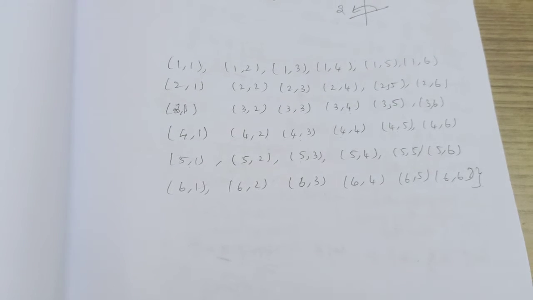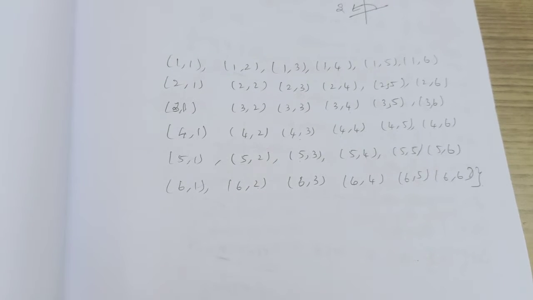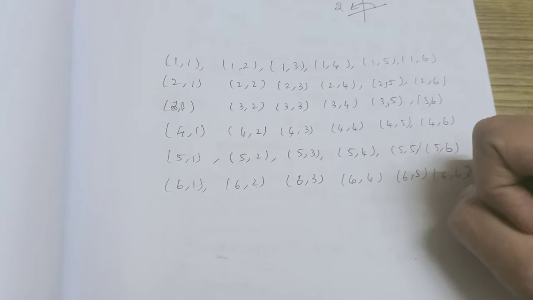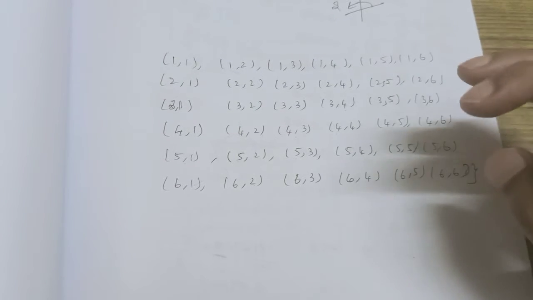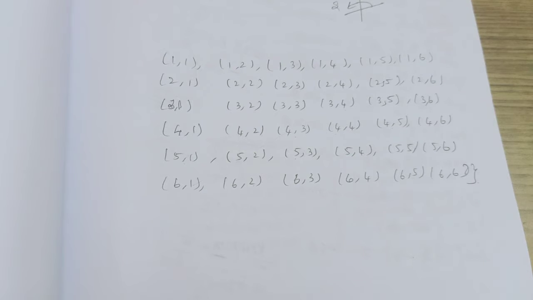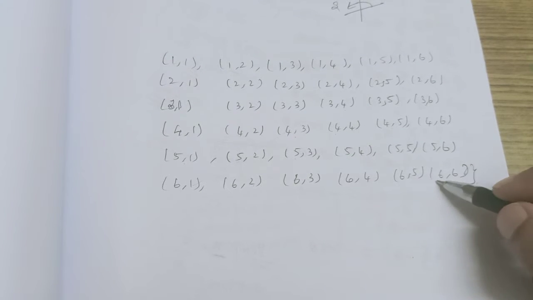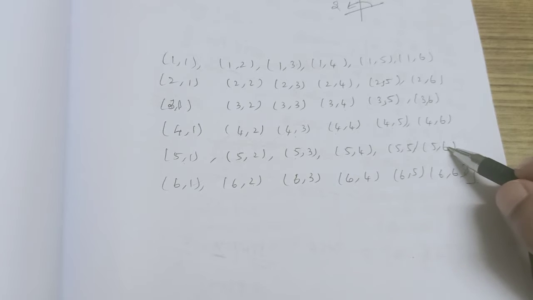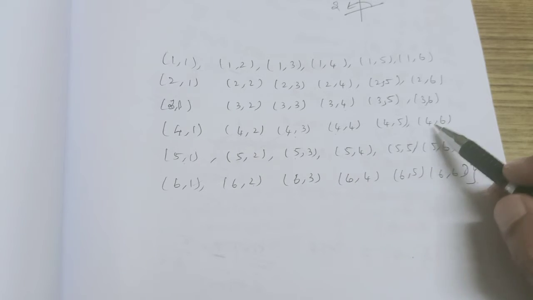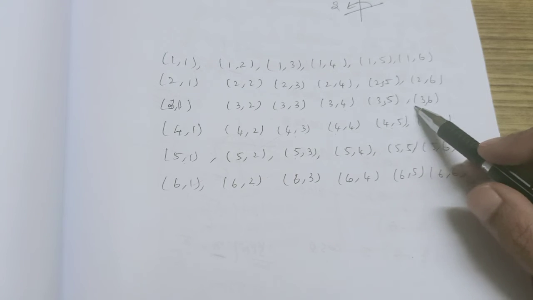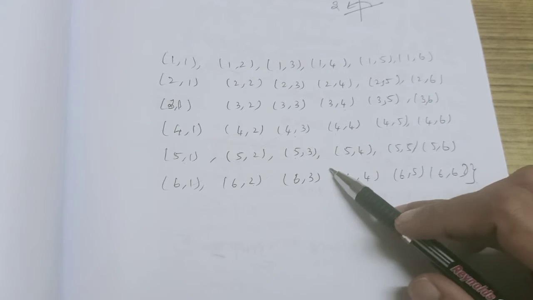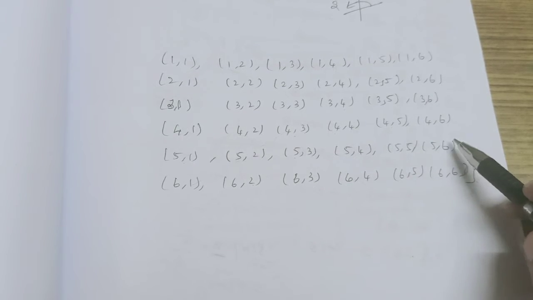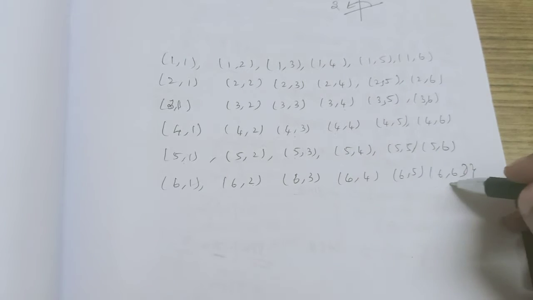Our question is, we have to find the event where the sum of the numbers is greater than 8. What are the options then? Greater than 8 means you can have a total of 9, 10, 11, 12. You can't have more than that. Maximum is (6, 6), 12 only. So you will have this one for 12. Then you will have these two, total 11. You will have these 3, total 10. And this one is total 9. Greater than 8, no? So we can't include 8 also. So you have 9, 10, 11, 12. These will be in the form of a triangle shape. Okay.